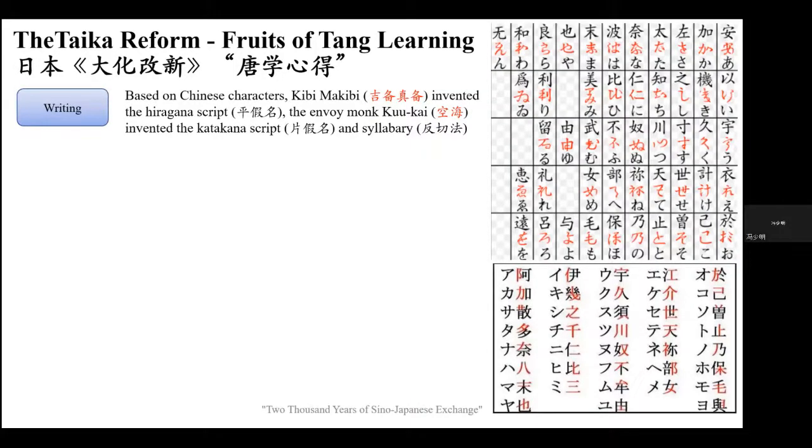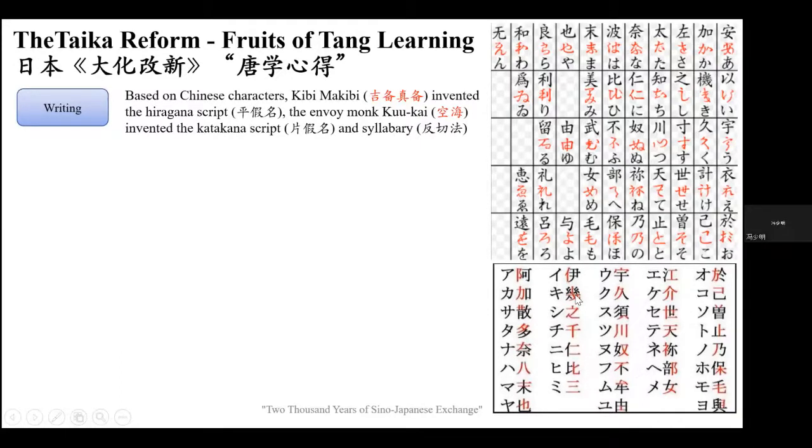Especially, firstly, in terms of the writing, based on Chinese characters, Kibi invented the hiragana script, which you see on the top right-hand corner, all these syllabaries. And also the envoy Kukai invented the katakana script, which comes from parts of the Chinese characters, whereas the bottom are from the sides of the